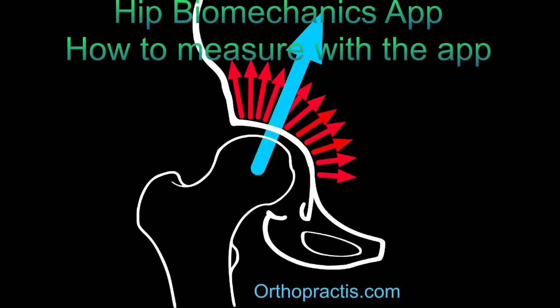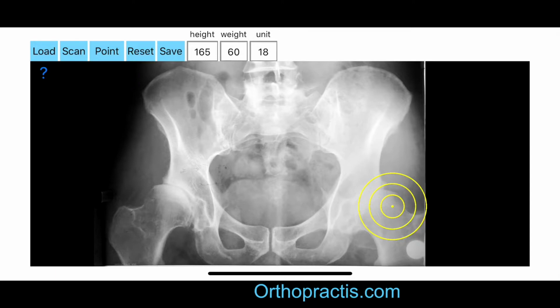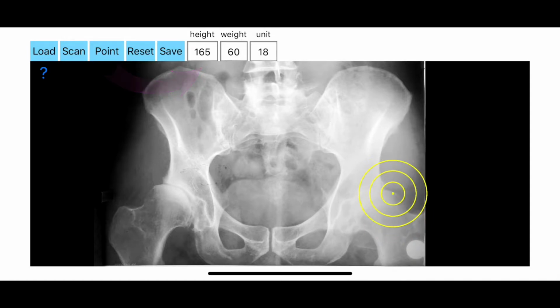The first thing is to load one image from your photo library or capture a photo from X-ray photos of a patient. Next you fill in the empty boxes according to the patient's height in cm and weight in kg, and at last the calibration unit box in mm. After finishing that, with the calibration procedure you try to locate the center of a template, a known dimension